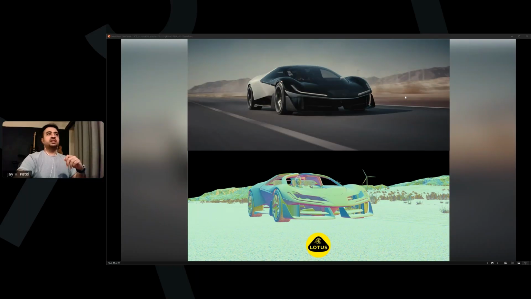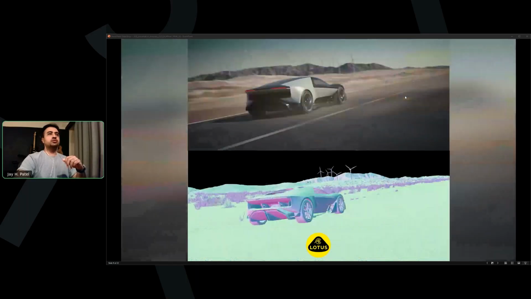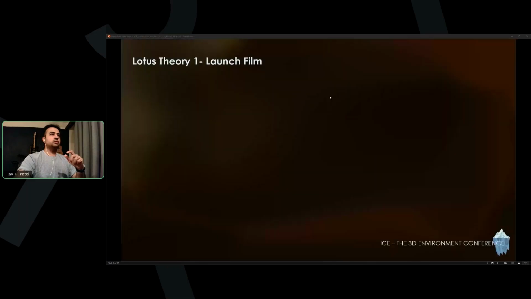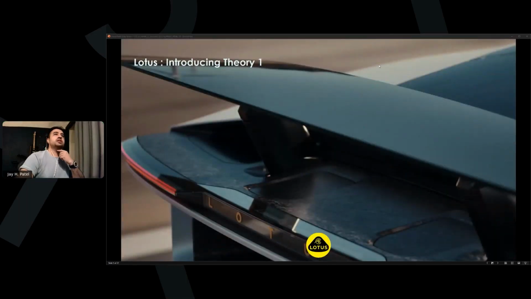In terms of more technical info for the framing, most of the shots I set up, like the close-up shots where we see the spoiler, my preference most of the times is anything above 70 mil for the detail shots. This is on a 16:9 DSLR film back setting, and it just gives you this nice bokeh. If I move back to the main image, we see this really nice, almost milky, soft depth of field in the background.